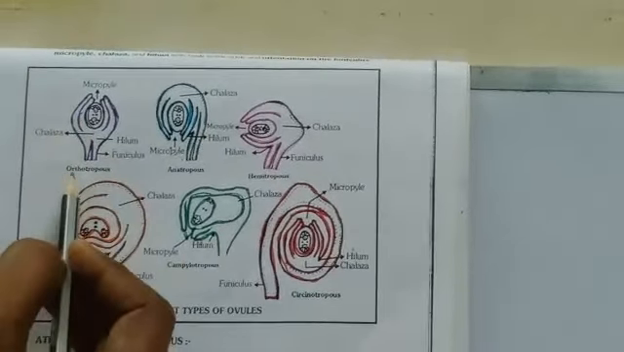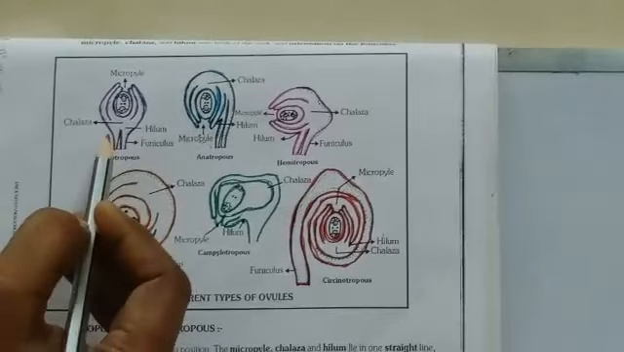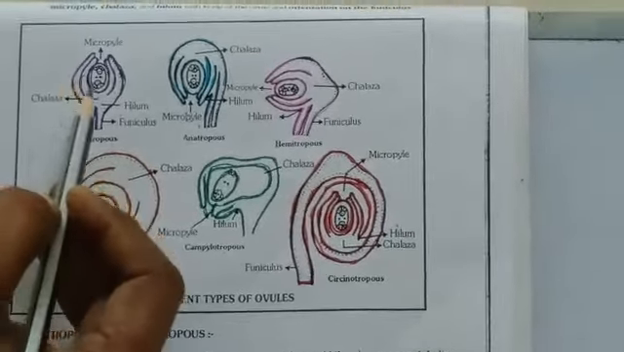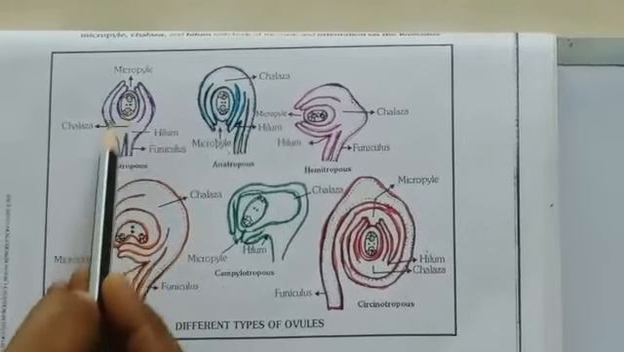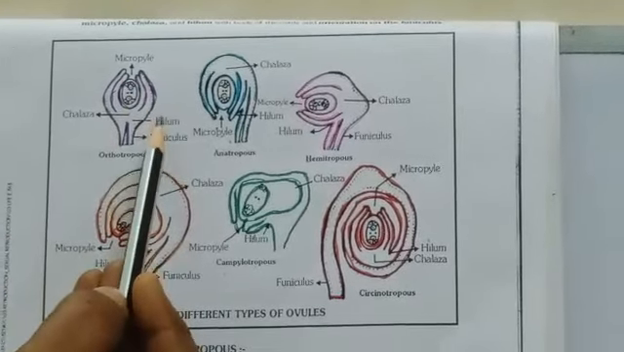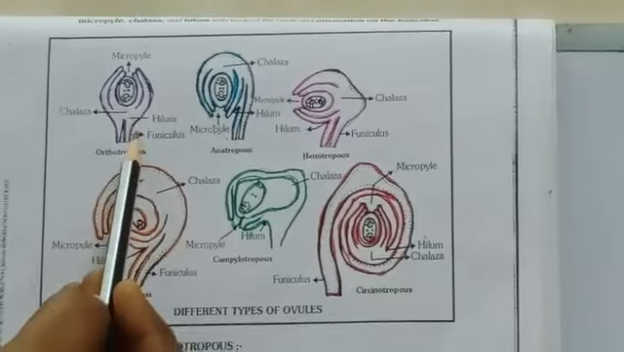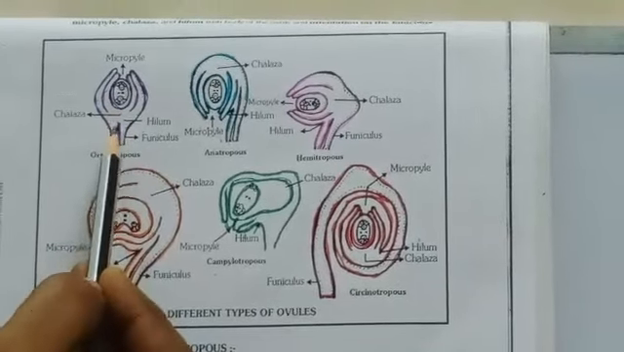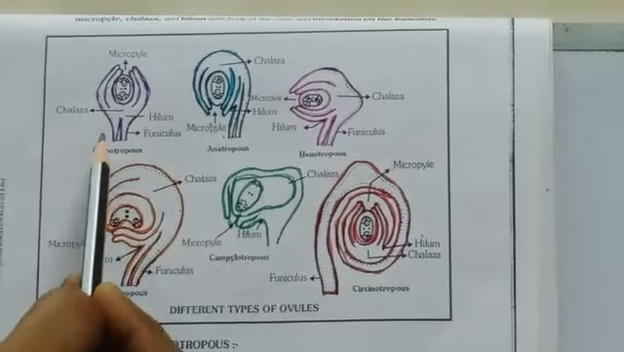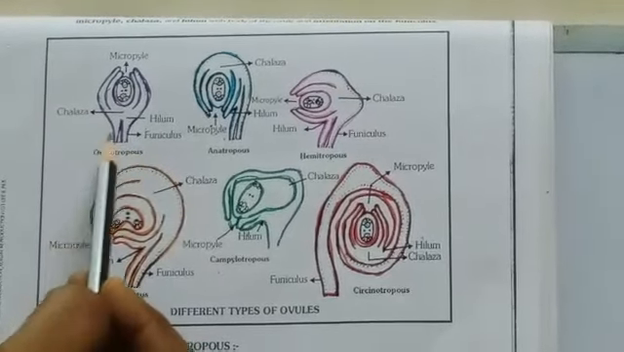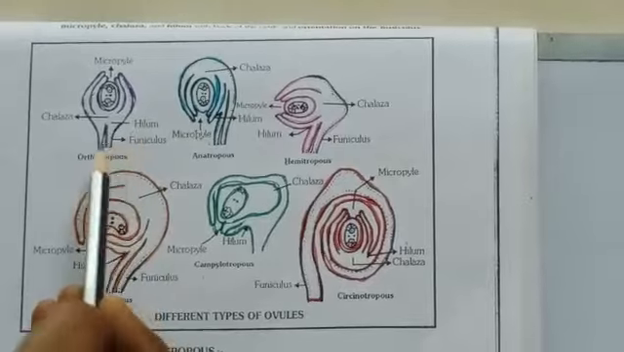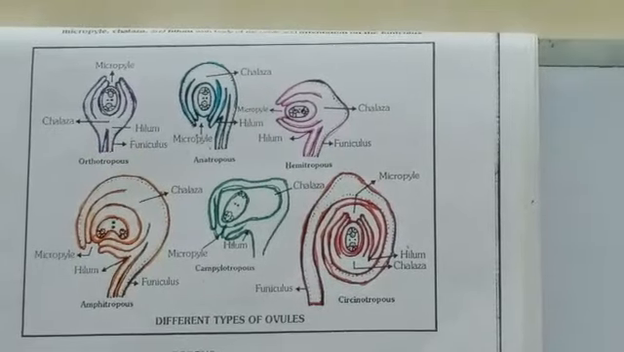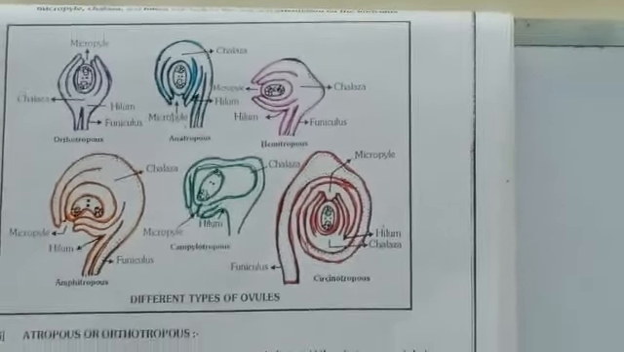First, let us see orthotropous ovule. This is in what position? Upright in position. So you can see the micropyle, chalaza, and the hilum are in a straight line. So this type of ovule is called straight ovule or upright ovule. Example for this is betel, piper,